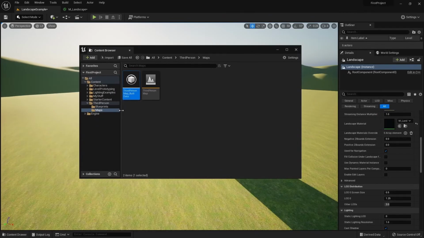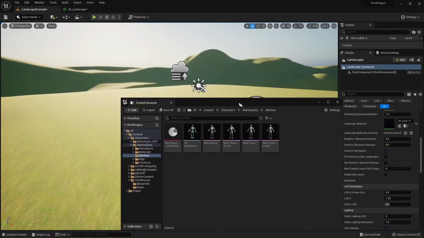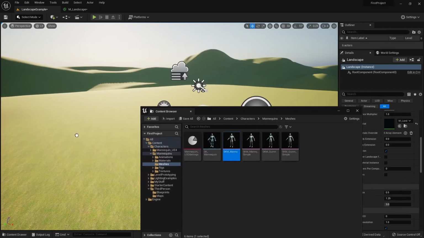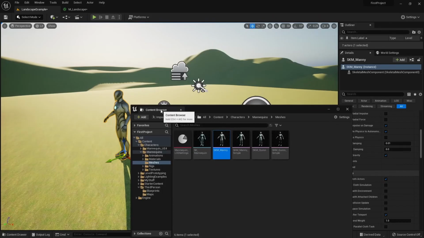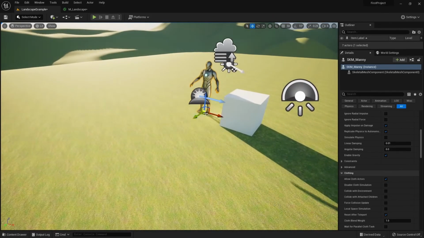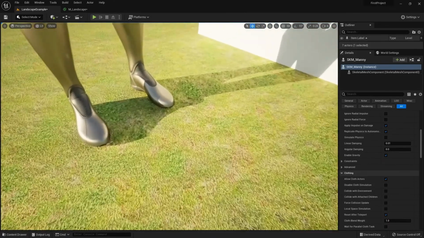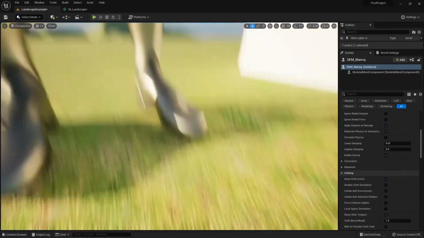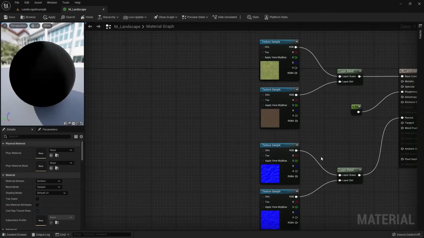And specifically, I want to use the assets in character, mannequins, meshes, and we can do skm_Manny. So drag that out to get a human size reference to compare our landscape textures to. And we can place them right there. So this human, if I zoom in on the grass, we can see that probably the grass is a little bit too small. So let's fix that, jump back into our landscape material,